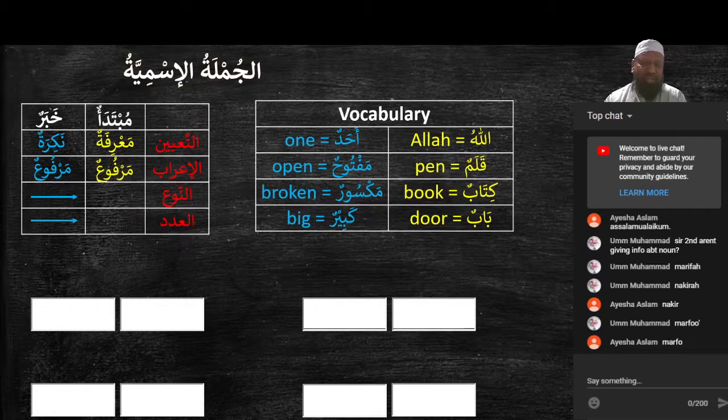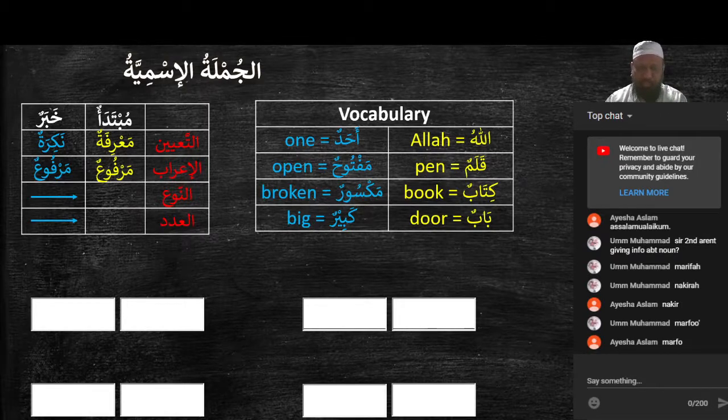On the left hand side, we have more words. Ahadun, one. Maftuhun, open. Maksurun, broken. Kabirun, big. So we're going to use these vocabularies to make a sentence in Arabic, applying all the 4 properties of an